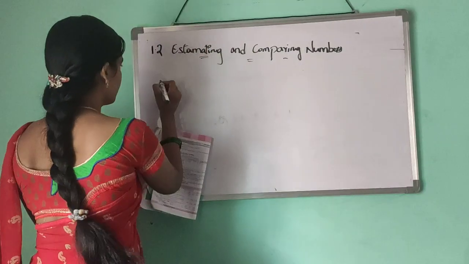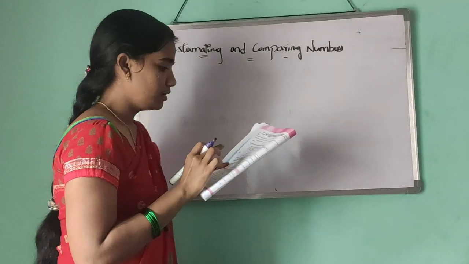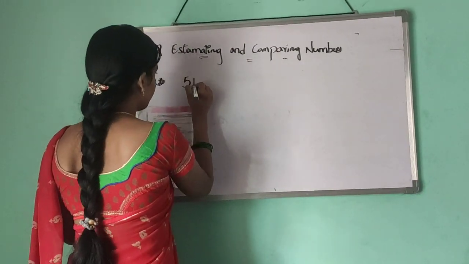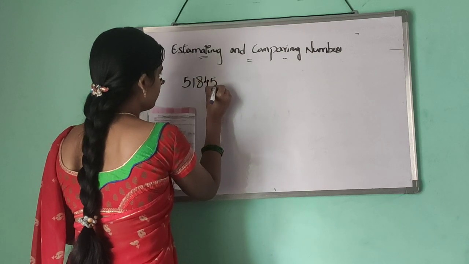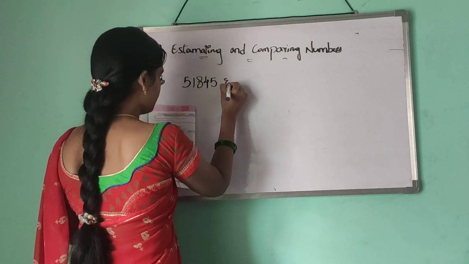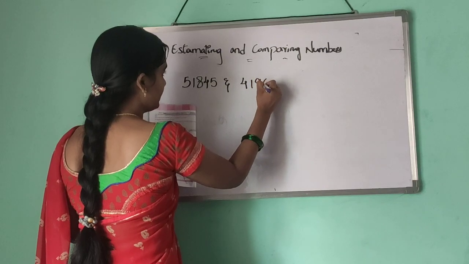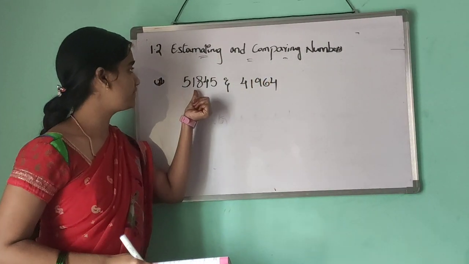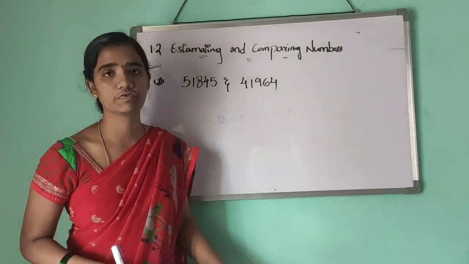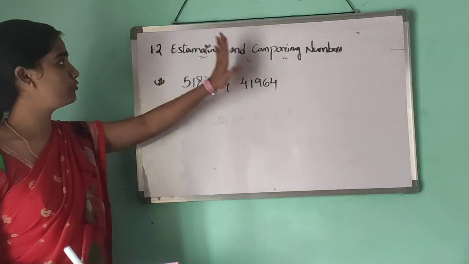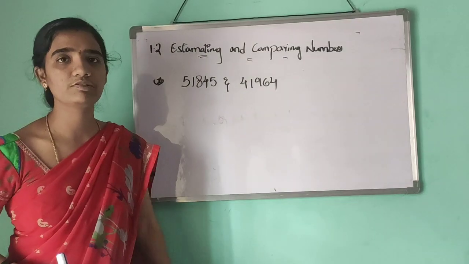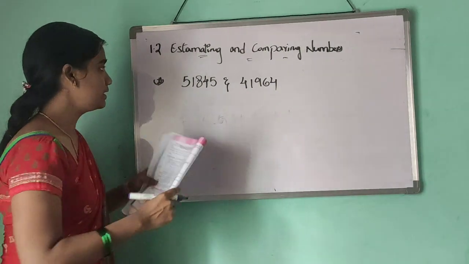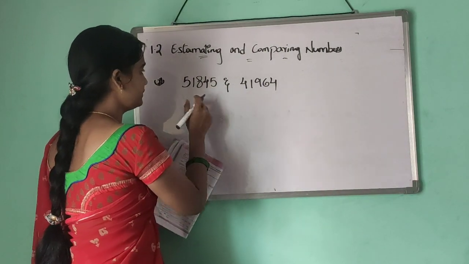For example, 51845 and 41965. Here I am taking two numbers, the first one 51845 and the second 41965. Among these, by comparing these numbers, we have to find which is the greatest number. How can we find it? Here, first start with